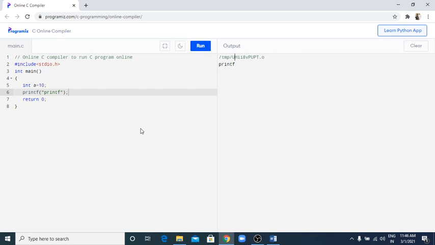So friend, today we are going to discuss how a program is run, and how variables are used in our programming language. Here I use an online editor. On that online editor I type the program and run it, and the output will be seen in the output window here.